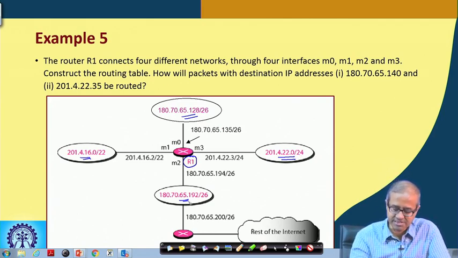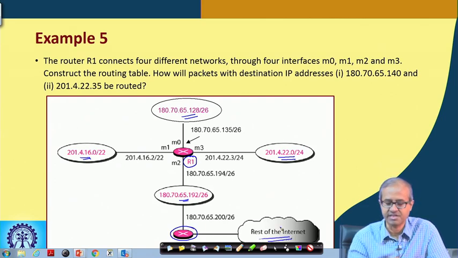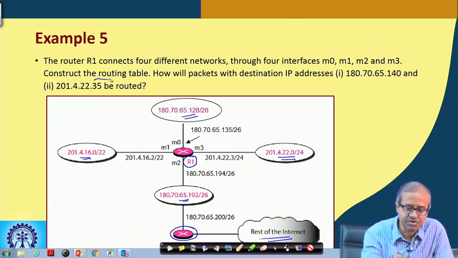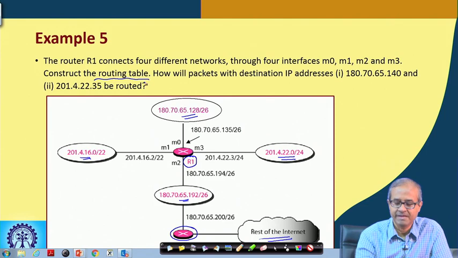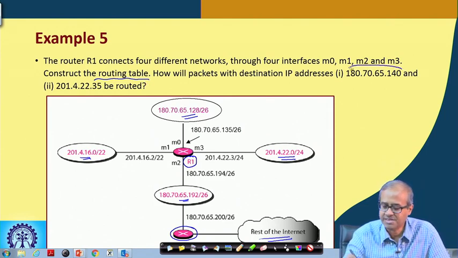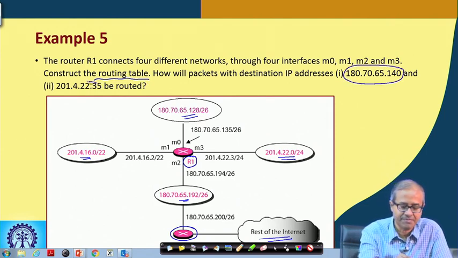Through this there is an external router which is connected to the rest of the external world. So, here there are 2 questions. One is that we are asking you to construct the routing table, and secondly,